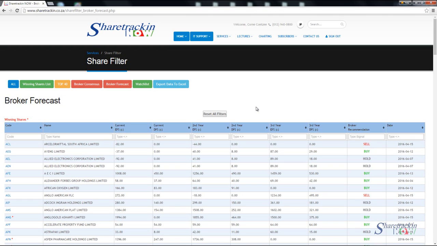Then on the right hand side, on both your broker consensus and your broker forecast, you are provided with a broker recommendation. It gives you a signal of whether to buy, sell, or hold. I want to give a cautionary note here: use it with discretion. Even though it says buy, you still need to do technical and fundamental analysis before you just buy the share. It's good to look at what brokers are saying, but it's very imperative that